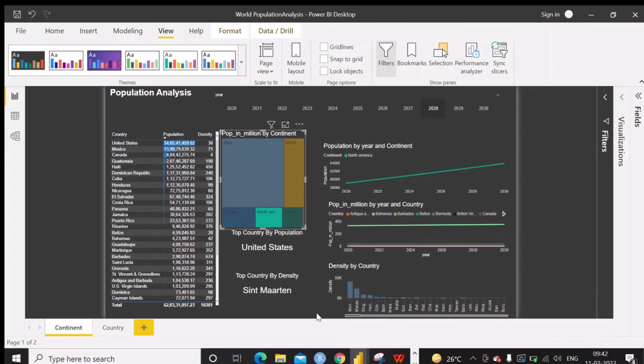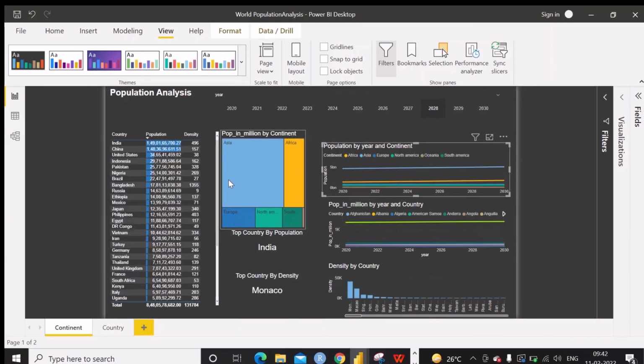And one more thing, make sure that the size of this rectangle is based on the population value, the measurement of the population. So by looking at this, the user can easily understand that this contains more population and this contains very little population. Likewise, we can see this one. So that is the advantage of using the heat map.